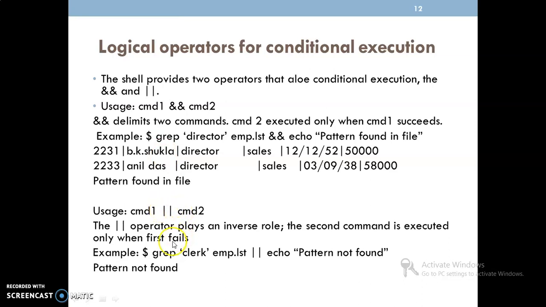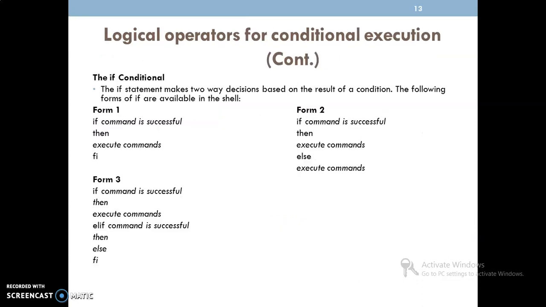Just we can find it here: grep clerk employee.lst means we are searching for one pattern, that is clerk, in employee.lst. Actually, this pattern does not exist in employee.lst. It is a failure. In this case, the echo command is executed with the value I have taken, that is pattern not found. Just remember, in the inverse role, the second command is executed only if the first fails.